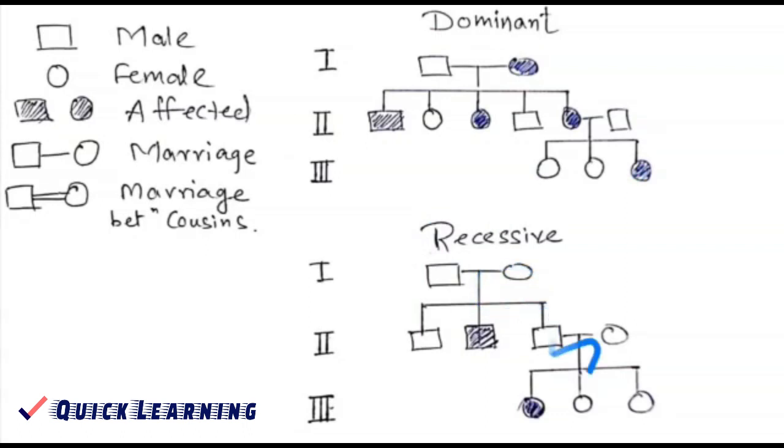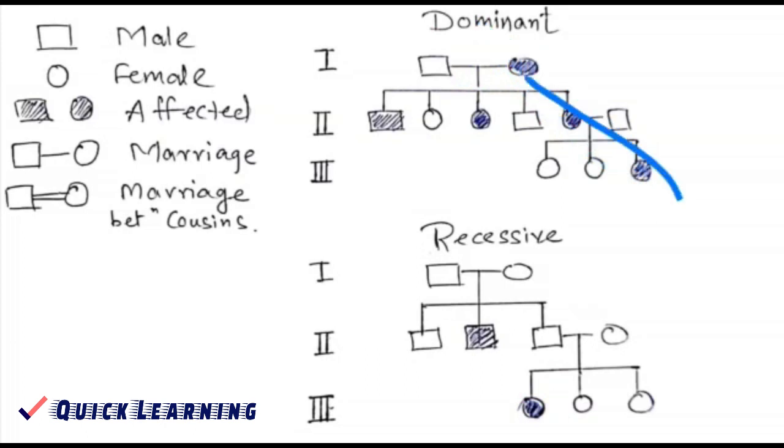Sometimes if you observe, both the parents are looking normal, but still their children are affected, which means capital A small a and capital A small a. So there is a 25% chance of small a, and this is that 25. Again the same case is here, the 25% of this affected. So please remember, if you are dealing with the dominant disorder, this affected, then again affected, then again affected, which means no skip of generation.